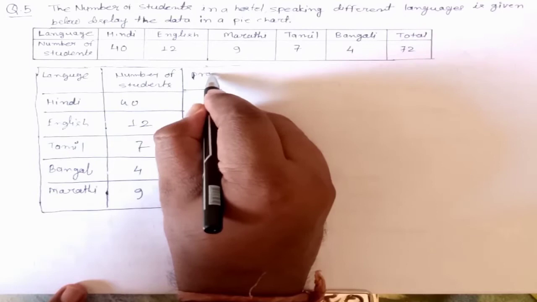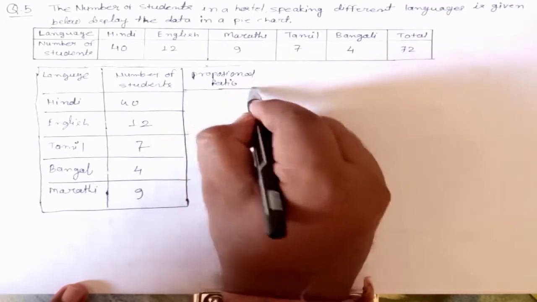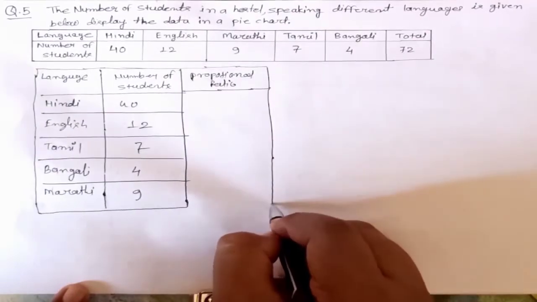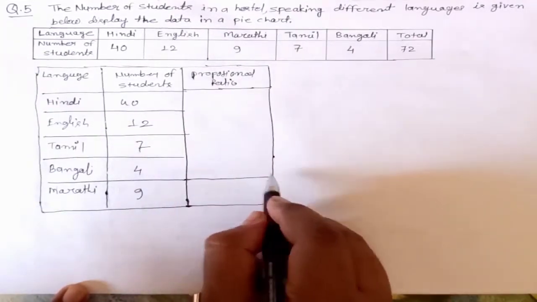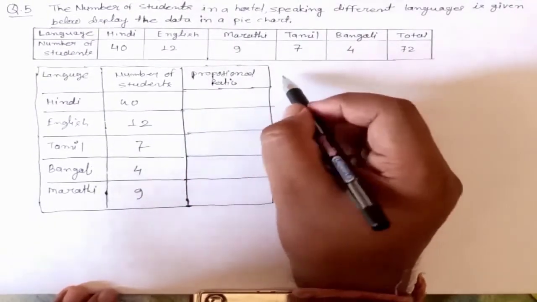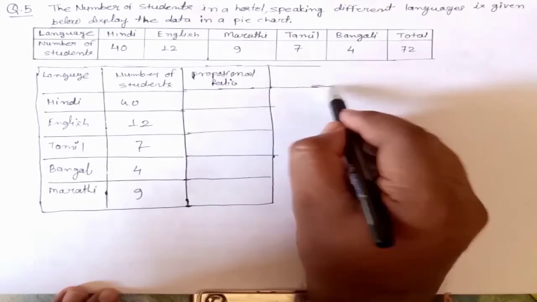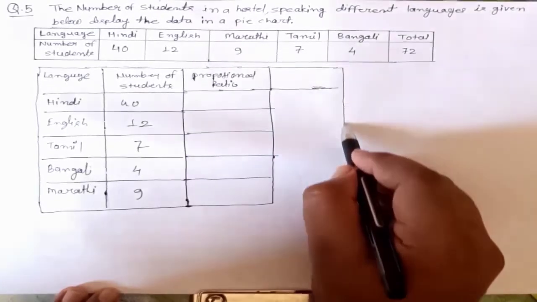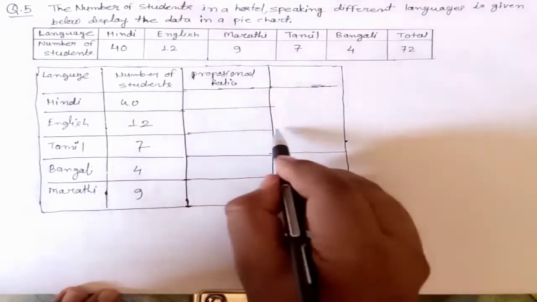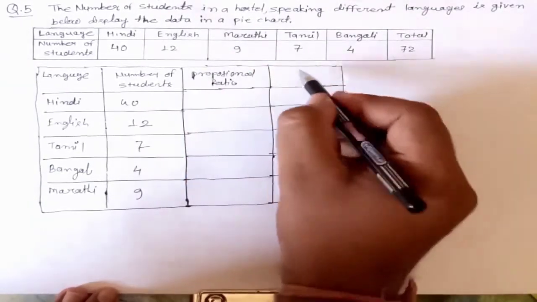proportional ratio, you have to make another column, proportional ratio. How we will calculate, you will see, right, like this, similar to the previous one, right? In the previous question I have done like this na. Yeah, exactly, you have to do the same things, right? I have added 2 more columns, right? This is proportional and this should be angle